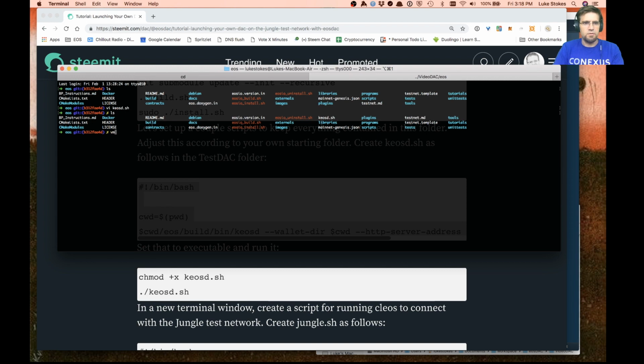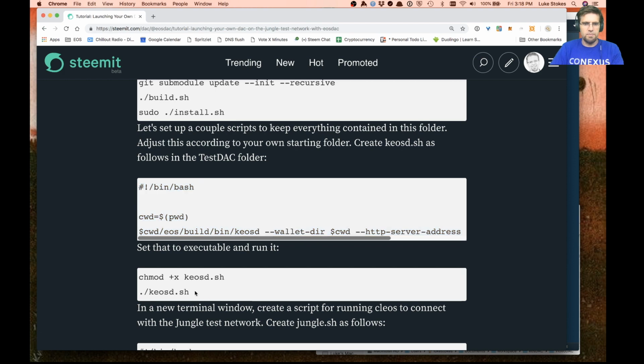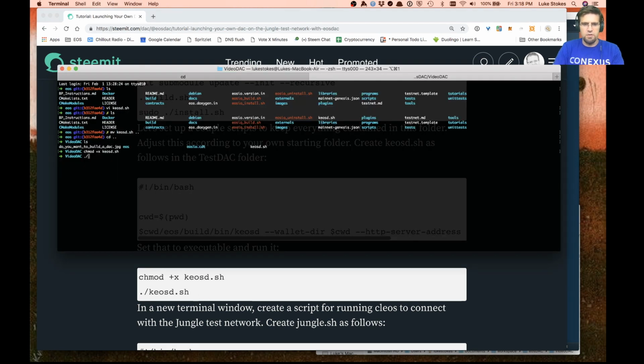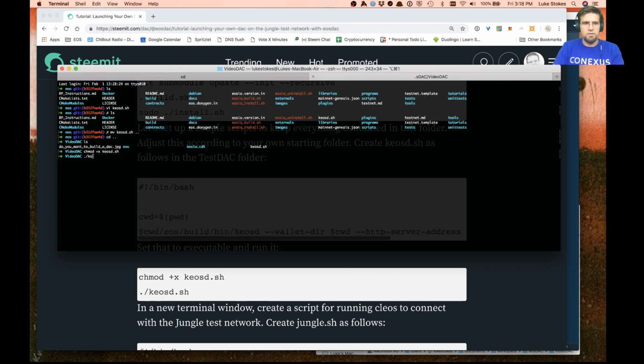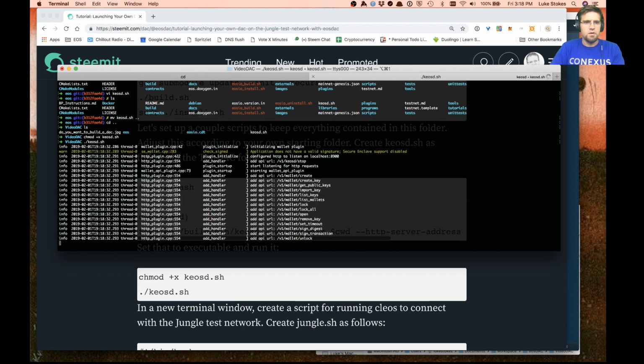Actually, whoops, in the wrong folder. Make that executable, which we've got right here. I'll go ahead and get that running. Actually, I can run that now. So that's running in the background. This will manage our keys,